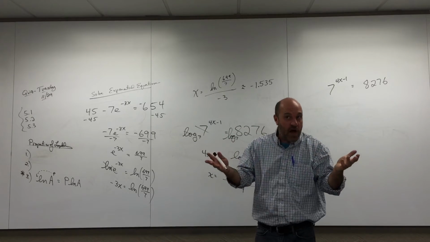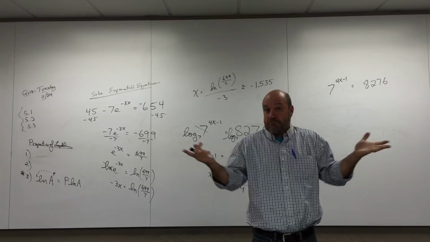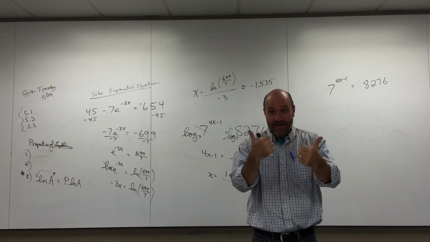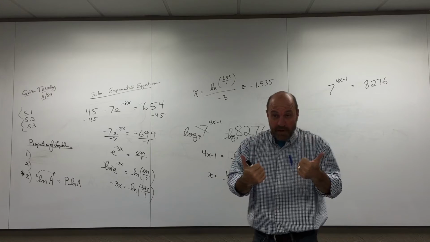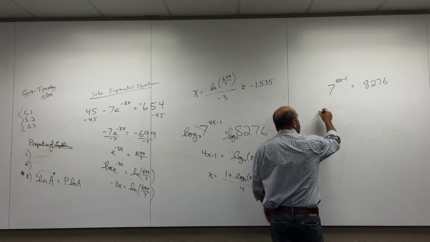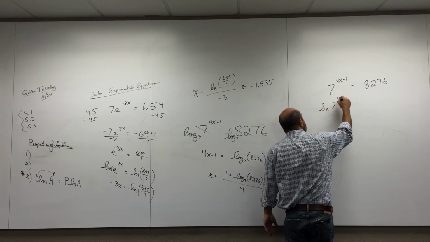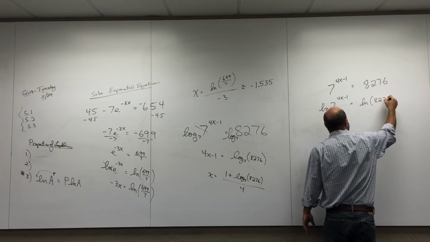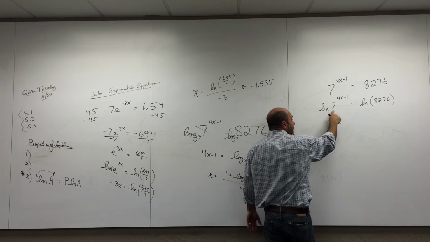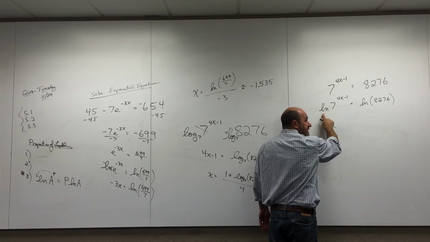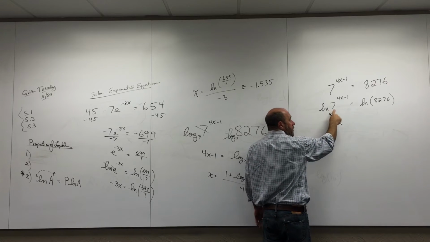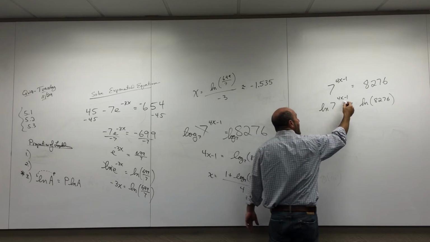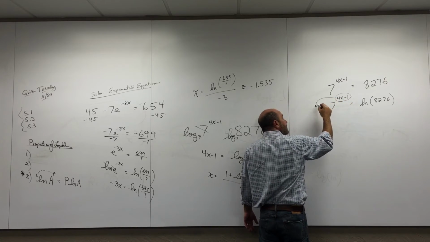So I'm allowed to use any log I want. Pick one that's on your calculator, ln or log. I'll pick ln. So I'm taking the ln of both sides. But it's a totally different strategy. This time the ln is not canceling anybody. This ln doesn't cancel the 7, because the ln is not the right base. But it does allow me to bring this down front